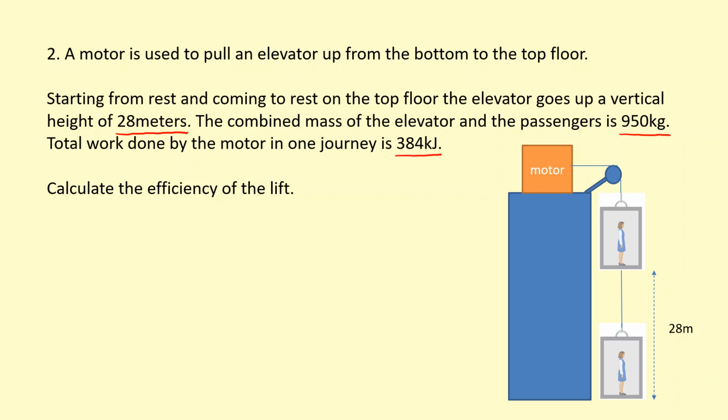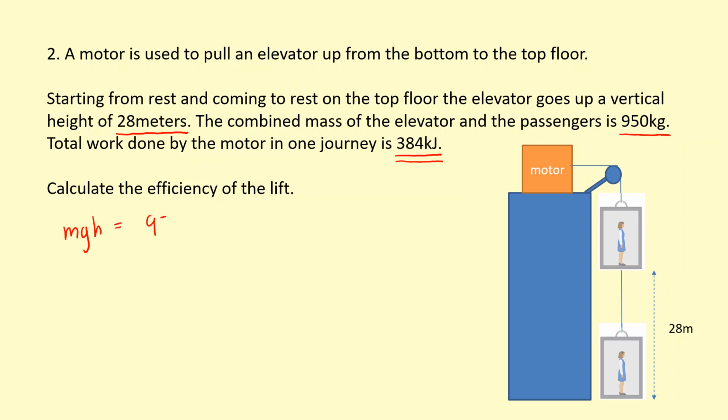Okay, so we've got the total energy used by the motor over here, and we want to figure out the useful energy in order to figure out the efficiency. The purpose of a lift is to increase your height. So in order to do that, you have to increase the gravitational potential energy. So the useful energy here is the gravitational potential energy. I'm going to work that out using mgh,